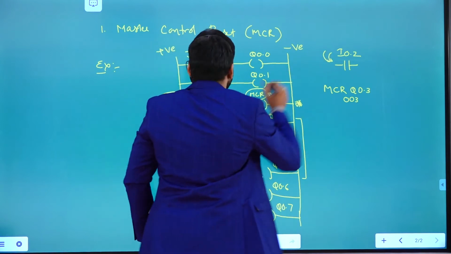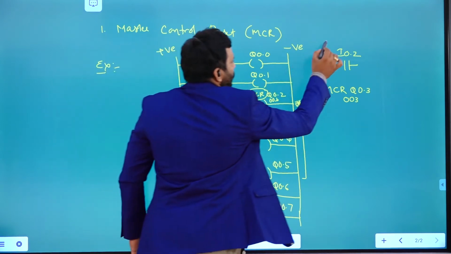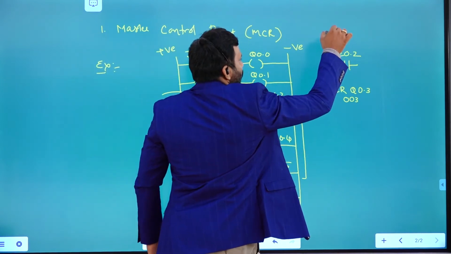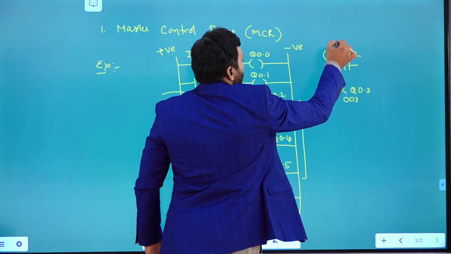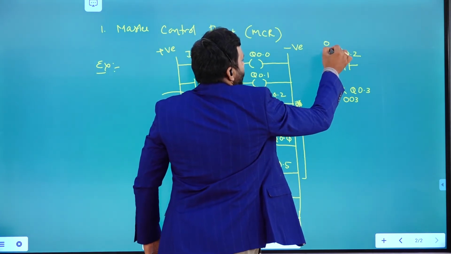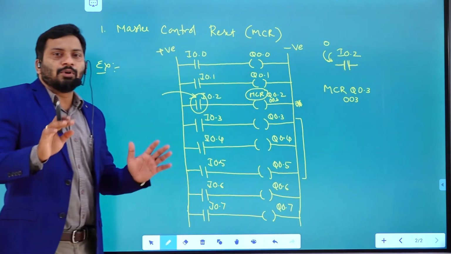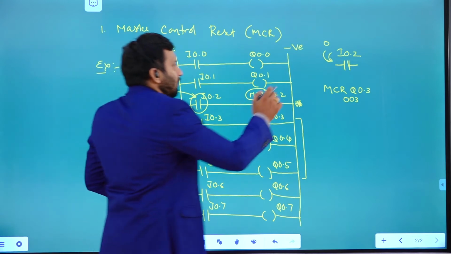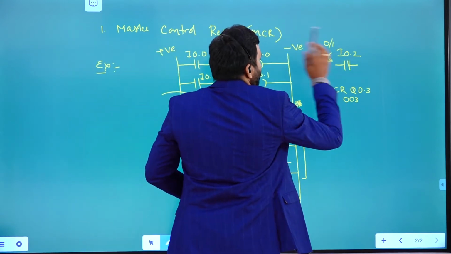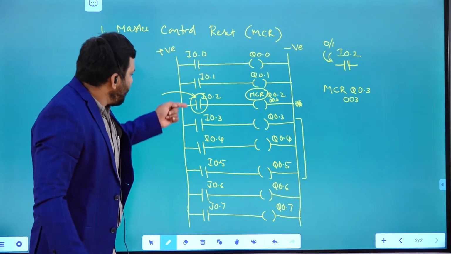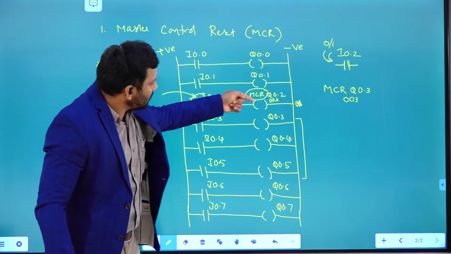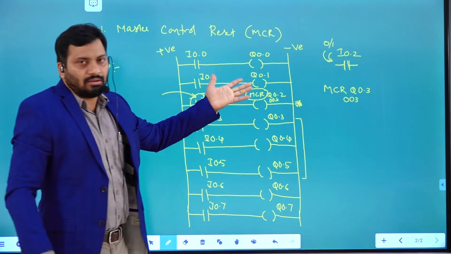For example, if this input I 0.2 is 0, that means the input image block corresponding bit is 0. Then what will happen? The normally open contact stays in the open position. If it is 1, it is going to be closed. Based on this input, this output is going to be active or inactive.